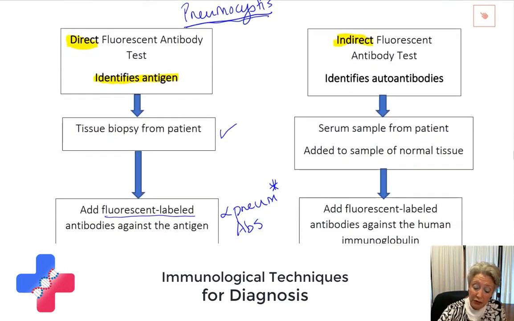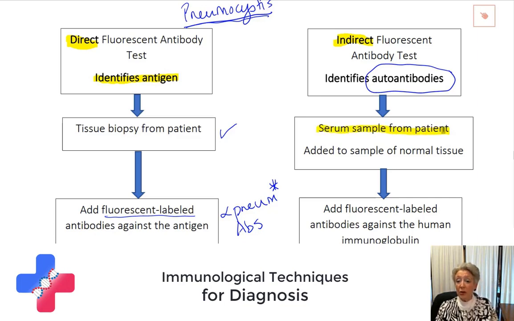In the indirect version, this is normally used for detecting autoantibodies in patients. So in many of the autoimmune diseases that we talked about, I could look at the distinctions between the glomerulonephritides that were either type 2 or type 3 by detecting whether the deposits of fluorescence were linear or granular, if you recall. So in this case, I'm going to start with a serum sample from the patient, and I'm going